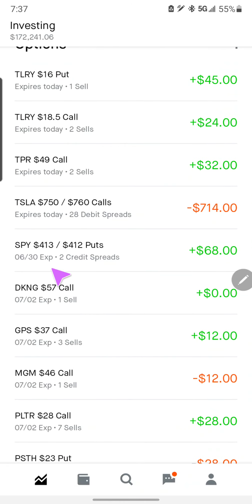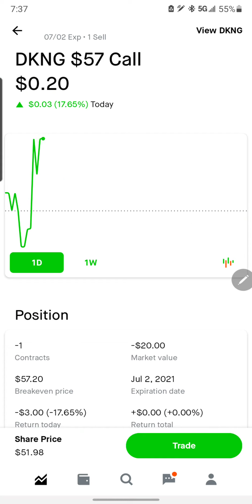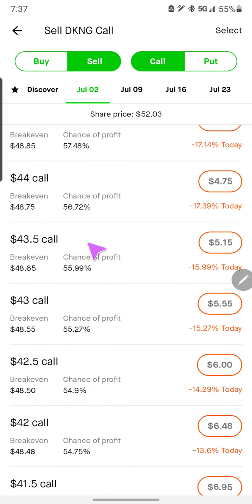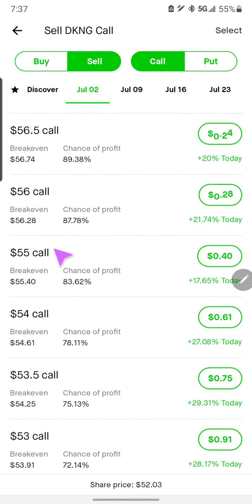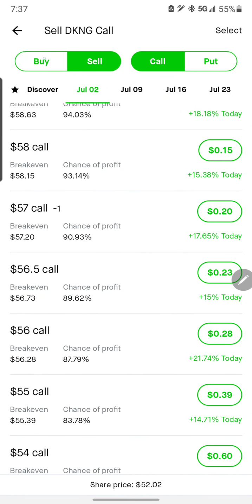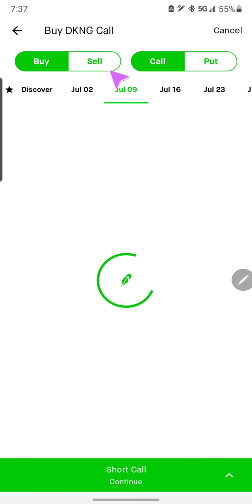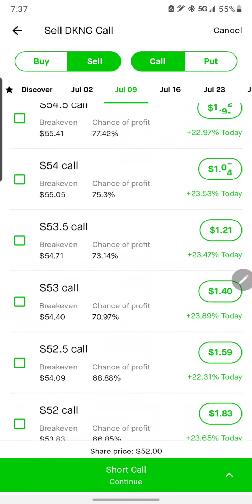The ones that are expiring next Friday, those are the ones that we are going to roll out. And so this is DraftKings. This is a poor man's covered call. I own a Leaps on DraftKings, so I'm going to look to roll this guy out. So again, now we take note of the date, strike price, hit trade, look at the options, and we go find our guy. So we're going to have to buy. So we hit buy that one back, roll it out, hit sell,